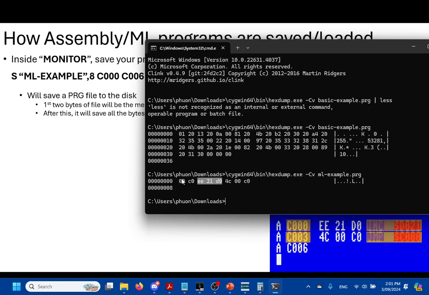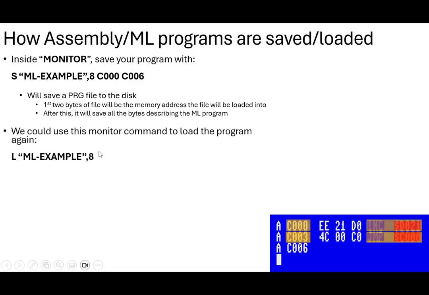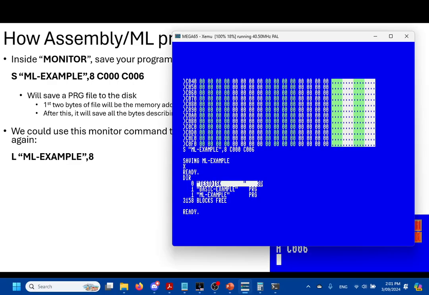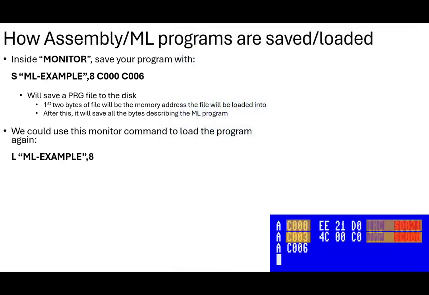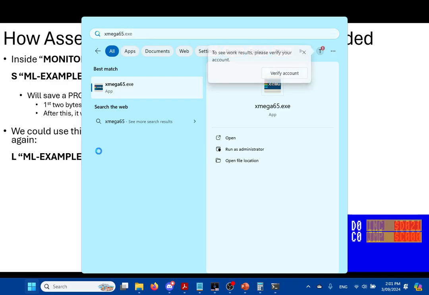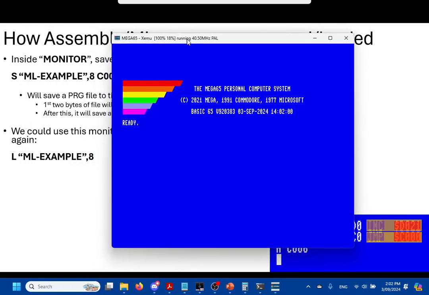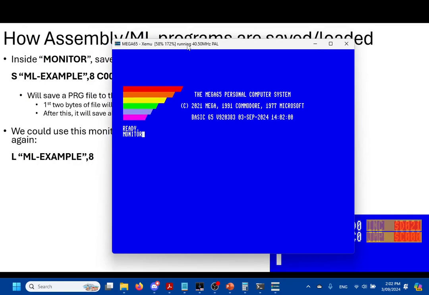So yeah, beyond the first 2 bytes, it's exactly the same as what we've put into memory. Okay. So we could use the monitor command to load that program again. Maybe I'll just restart the emulator, so I'll just close it down. And let's open Mega 65 again, just so we've got fresh memory in that location and it's all reset to zeros. Like if I go into monitor now and look at the memory at C000,